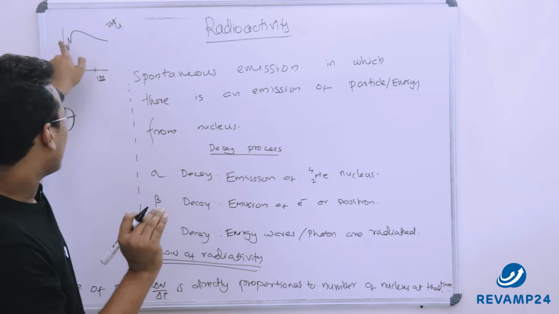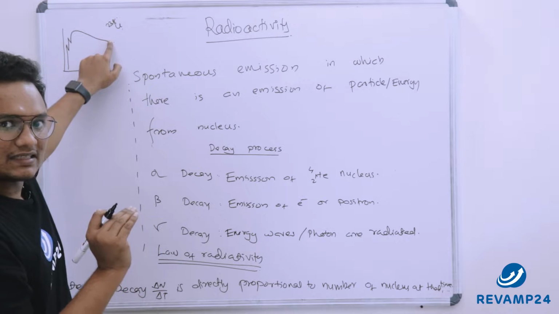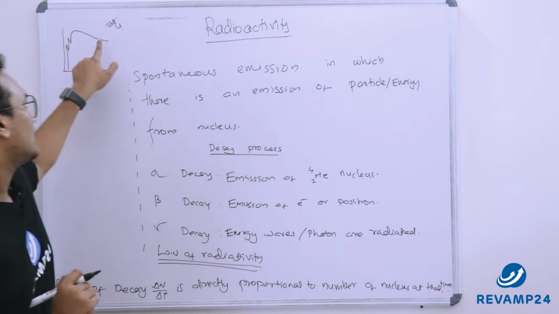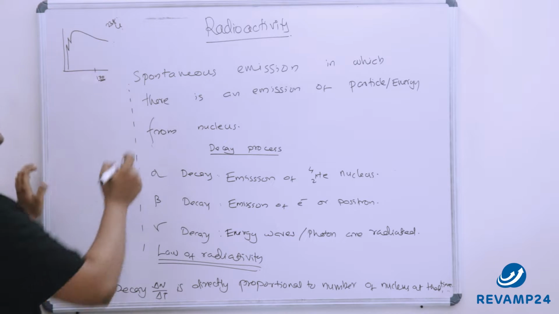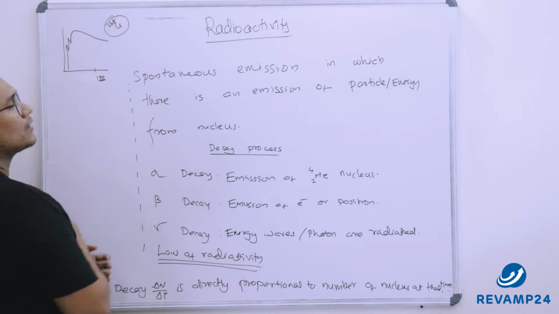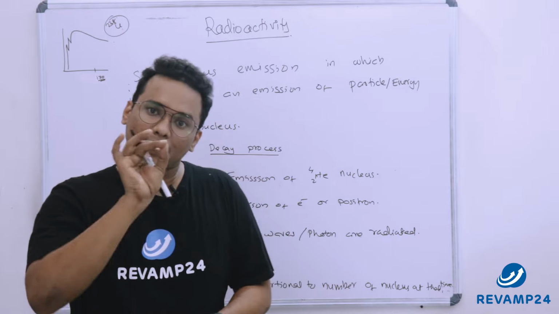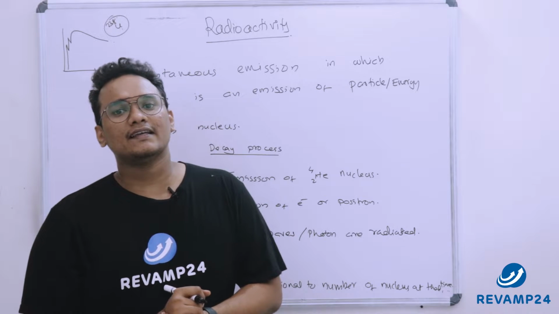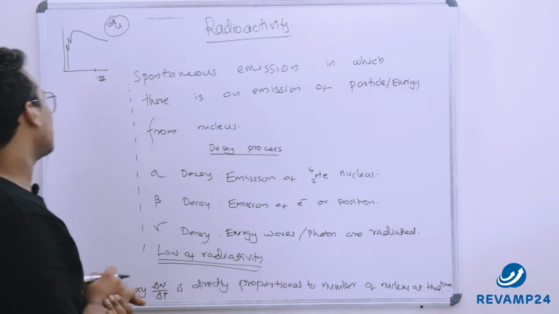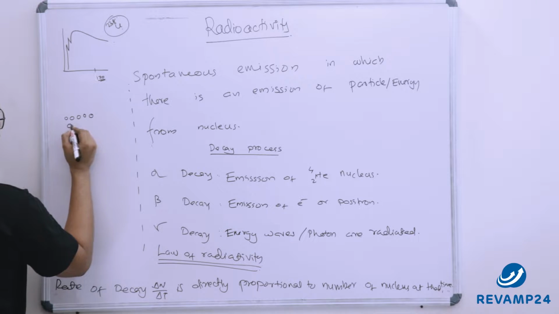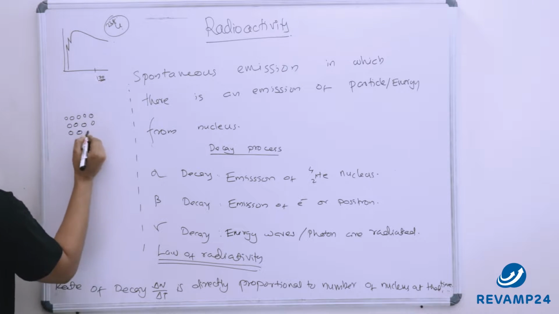Anyway, from the graph itself, this nuclear energy is less compared to this. Nuclear energy available per nucleon is less, but here it is more. So we know that this is a less stable nucleus because the available binding energy per nucleon is less. And the reason is when we are packing a lot of nucleons inside a nucleus,